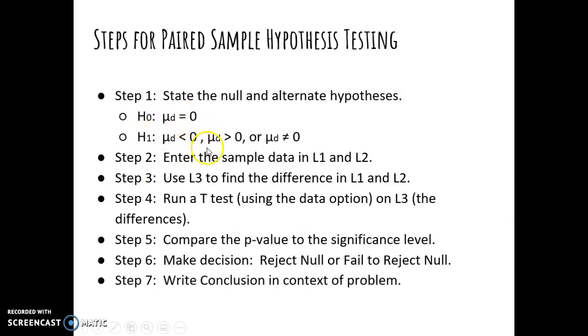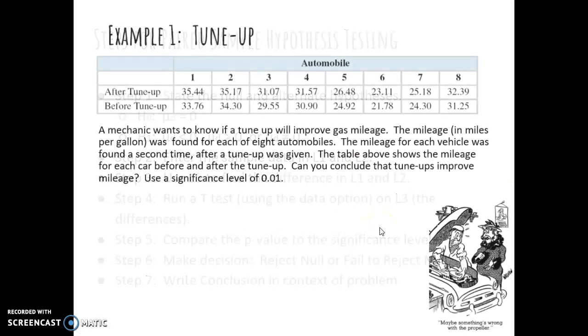The biggest differences are the way we write our null and alternate hypothesis, comparing it to 0. And then we are having to enter our data into 2 lists and then find a difference. So make sure you remember that. So going back to the original